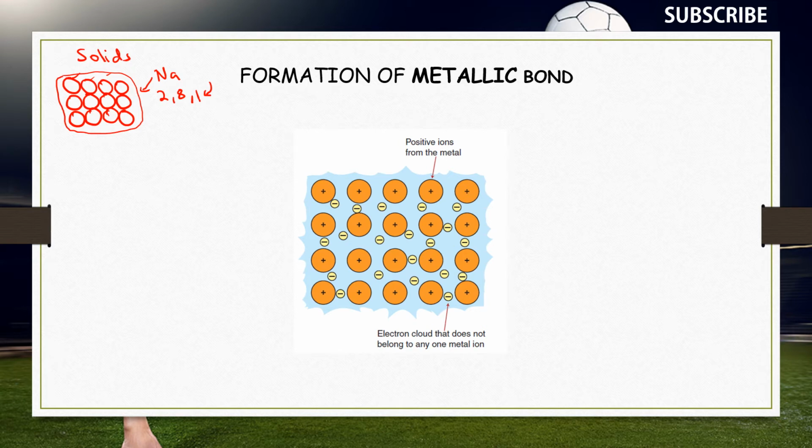So how does metallic bonding arise or come about? When you look at each metal, its last electrons always have the potential of being delocalized. What do we mean by delocalized? Not being attached to a single atom, not being bonded to only one atom. That is to say, they are mobile, they are free to move around, free to roam.